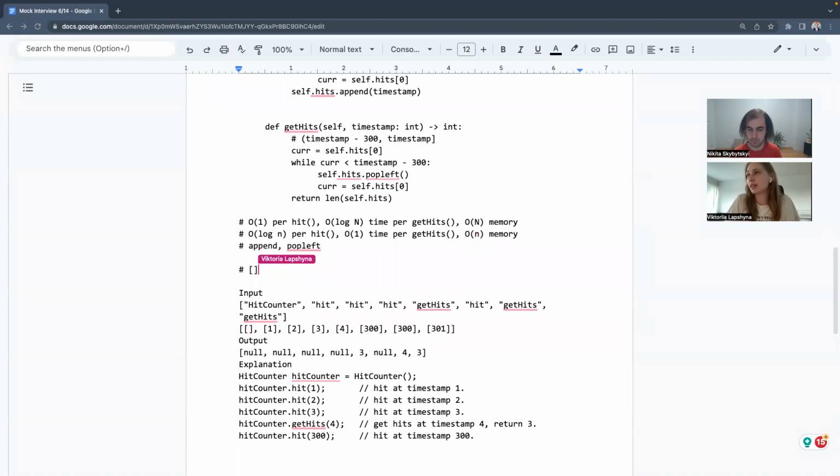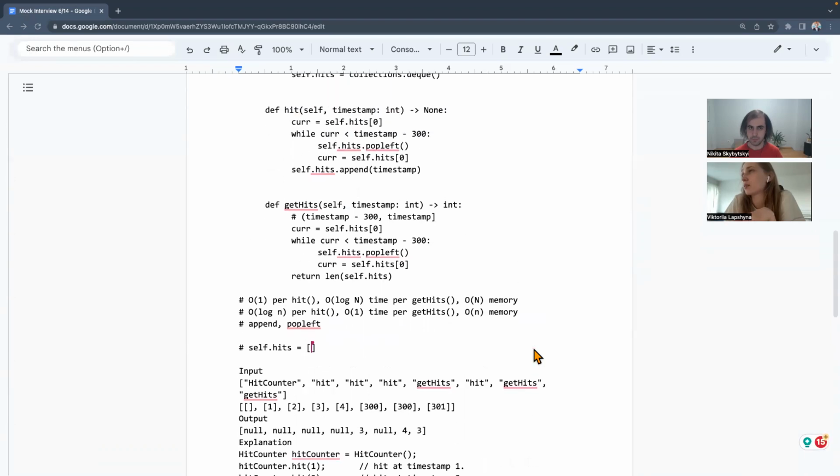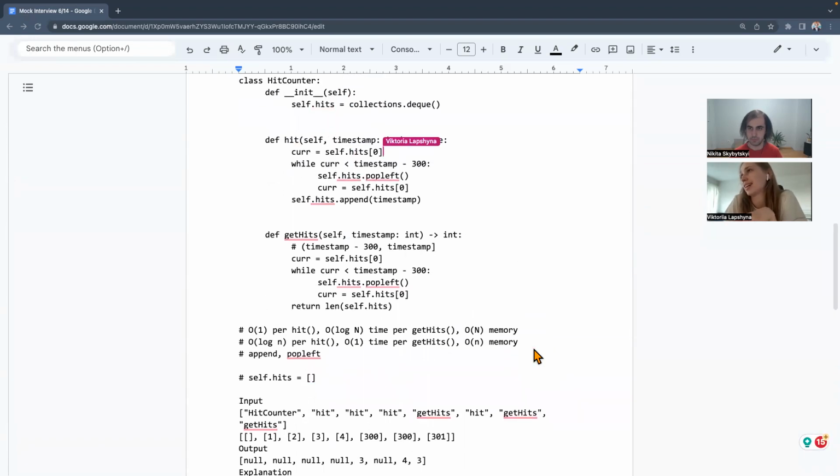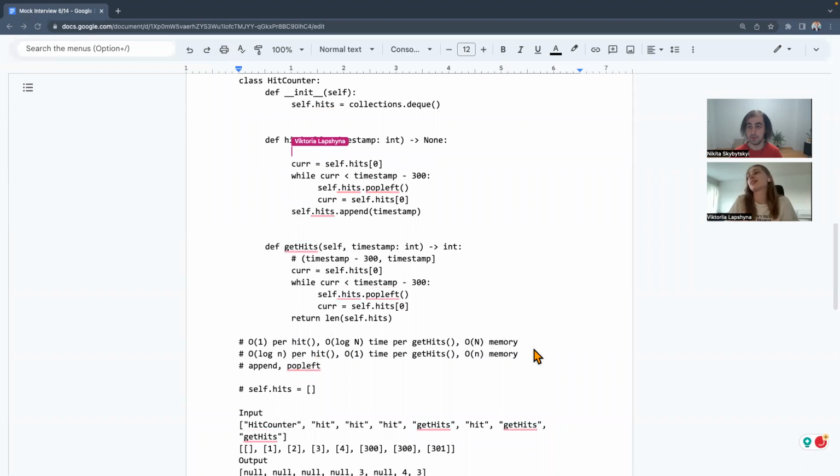So I'm going to here just write what we have in our queue, self hits. Okay. Oh, it's equals. So first we do hits with 1. We don't have actually. Yeah, we don't. That is a good catch.